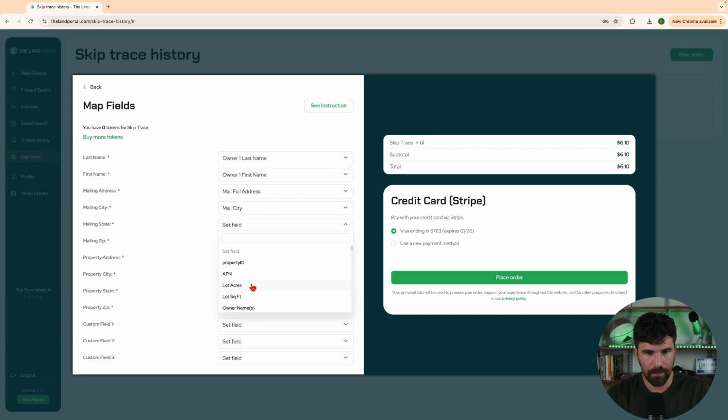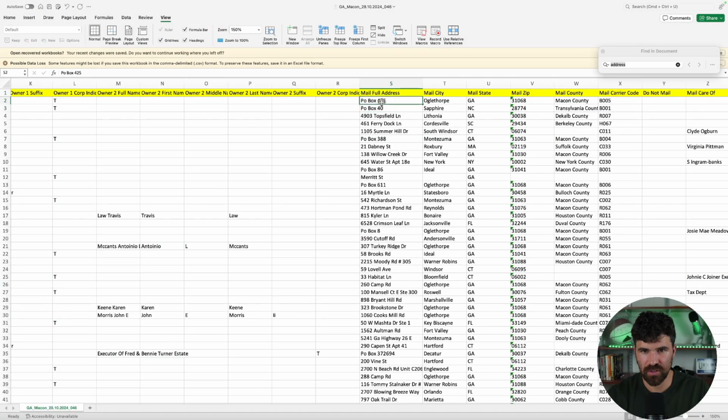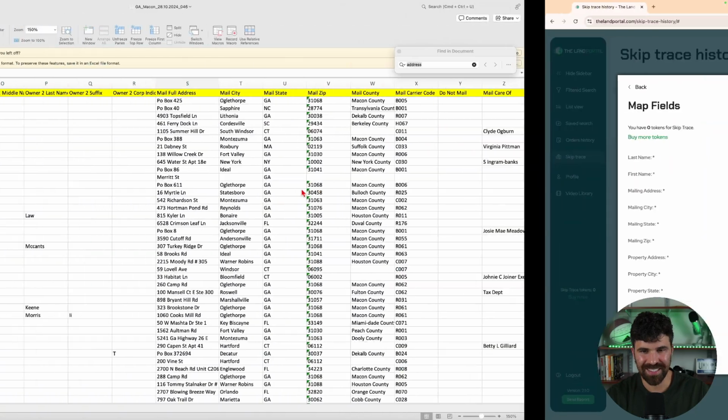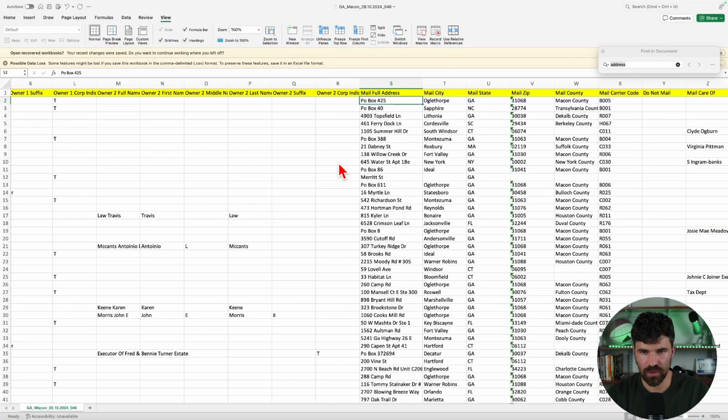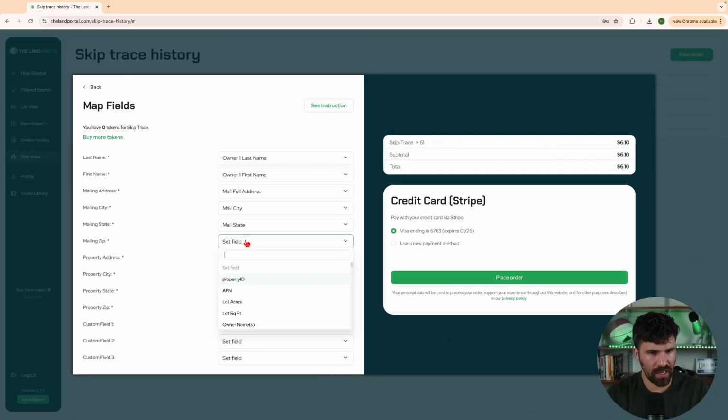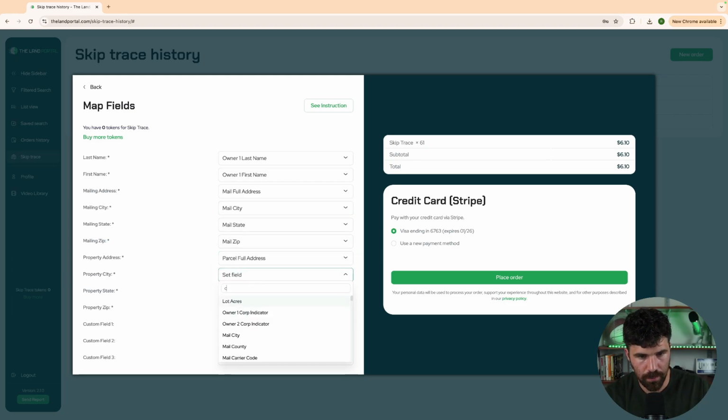Mail city, mail state. And to clarify here, guys, for the full address, you can see there's no city and state. So if you're bringing a file from somewhere else, make sure that this mailing address only has the number and the street. Then we're going to go to mailing zip. And now we're going to go to property address. Parcel full address, parcel city,